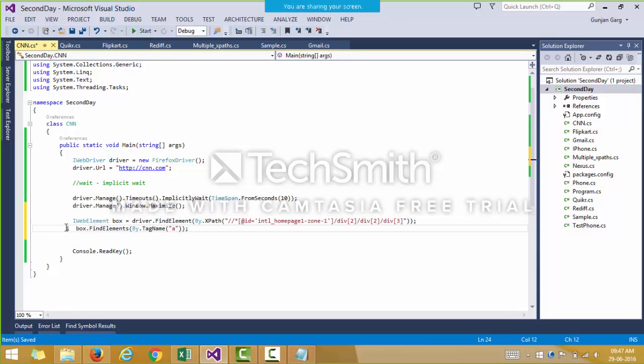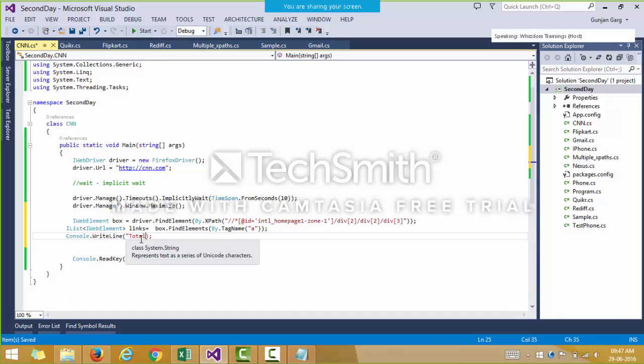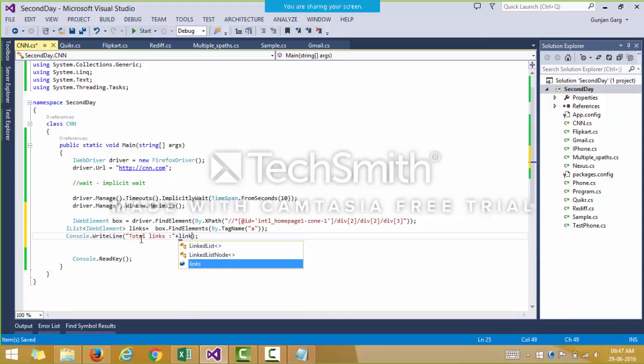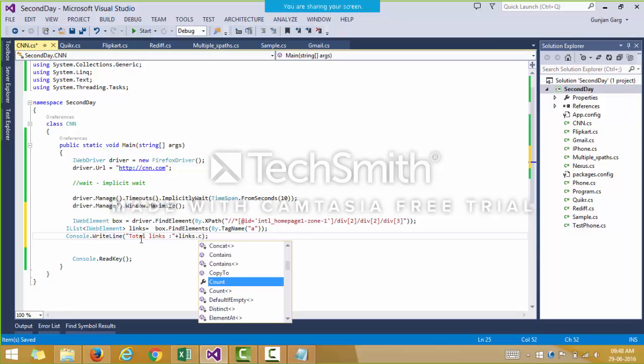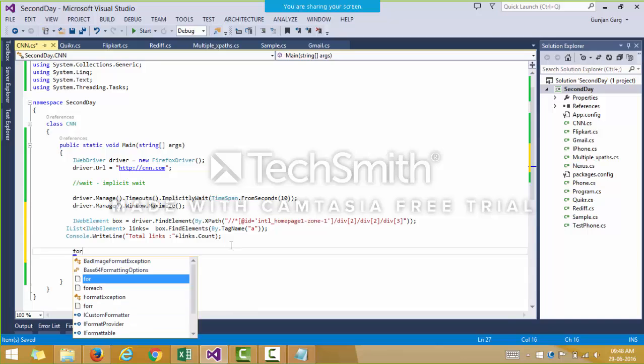Since this will give us a list of web elements, I'll declare a list over here. And then we can print the total number of links as well, and I'll print the names of all these links as well.